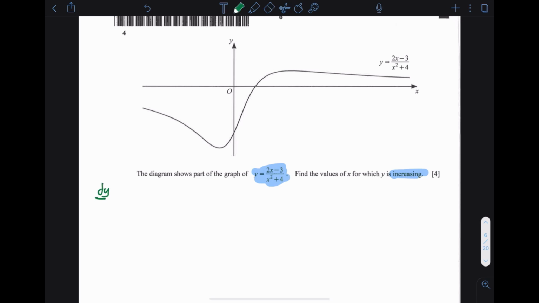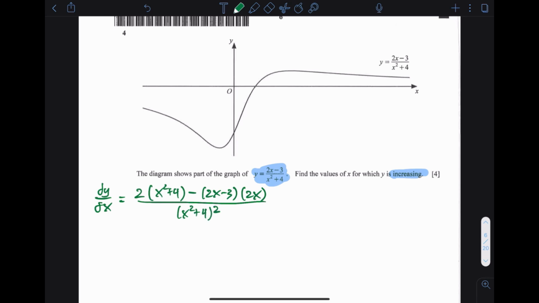This will be about quotient rule. Okay, so differentiate the numerator, I get 2. Copy the denominator, x squared plus 4. Minus, copy up the numerator, then differentiate the denominator. All of this divided by denominator power of 2. Okay, right, so we just need to simplify this. You have 2x squared plus 8 minus 4x squared plus 6x, whole thing over x squared plus 4 bracket square. Okay, simplify further, giving us negative 2x squared plus 6x plus 8.